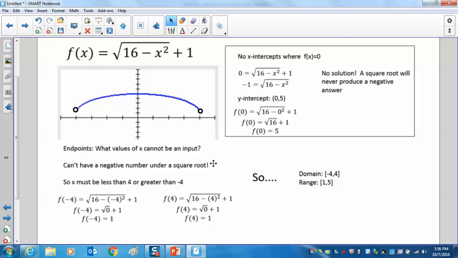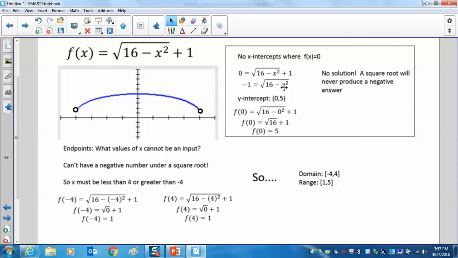When we're considering how to do this without a graph, we need to do the algebra. So if we look over here, we need to think about where our x-intercepts are. And we said that x-intercepts are where f of x equals 0. So if we plug in 0 for f of x right here and start to solve, we add 1 to both sides, subtract 1 from both sides, and we get -1 equals the square root of 16